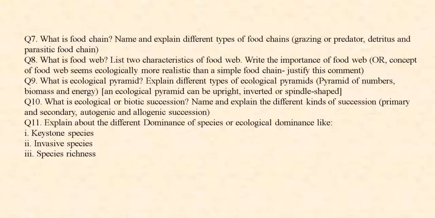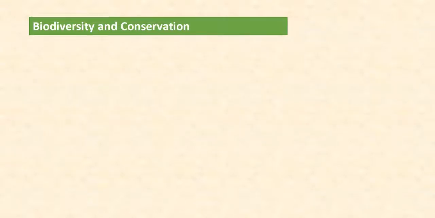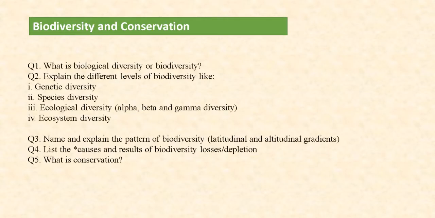And in question number 11, I have written explanation about the different dominance of species or ecological dominance like keystone species, invasive species, and species richness. So these are the main important topics of this chapter. In the third chapter of this unit, the third chapter is biodiversity and conservation. Here we need to read in this chapter mainly about the